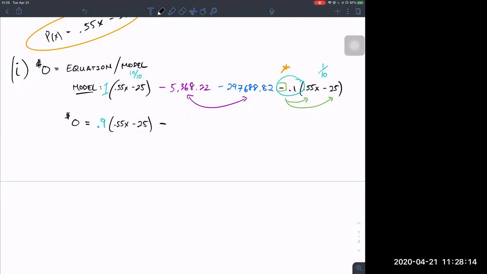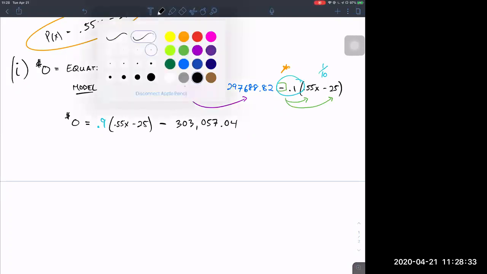5368, 5368, 22, 297, 688, 82. The student was asking about this the other night as well. So that's 303,057.04. The last step that needs to be done now is to distribute